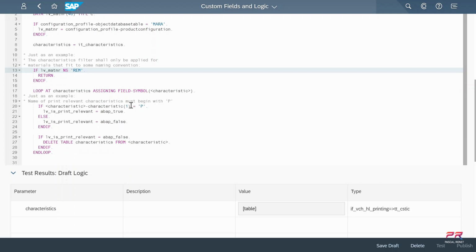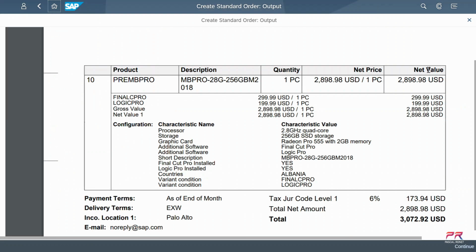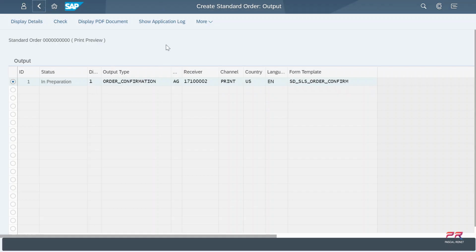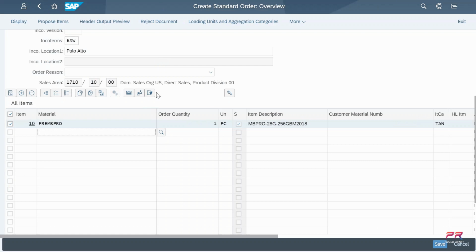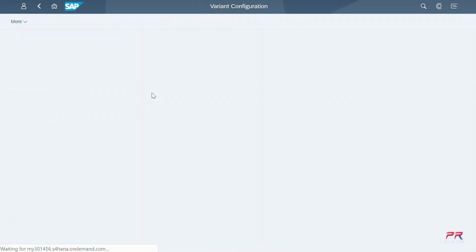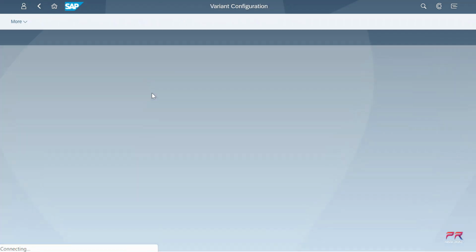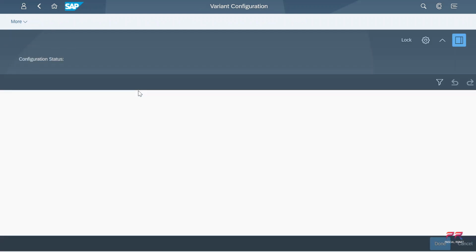So I'm going to get rid of that, and we're going to say if the characteristics are equal to, let's quickly check. Let's go back to the configuration profile and we'll look at the names of those characteristics, and we'll just pick a couple. We'll pick the processor, for example, and